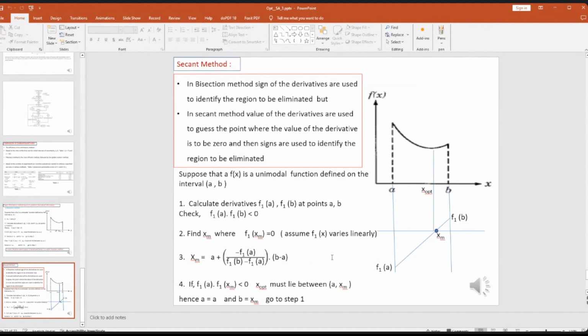Is it clear or not? Yes, sir. So once we get the xm,